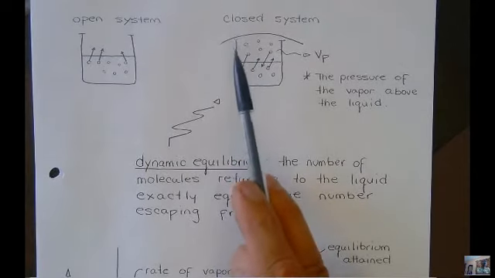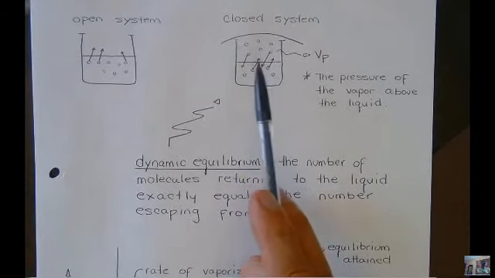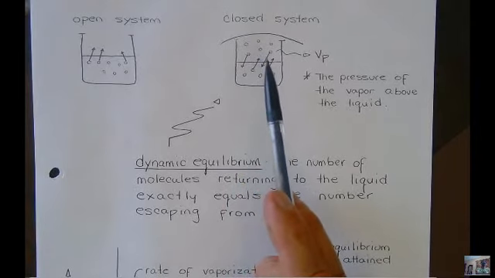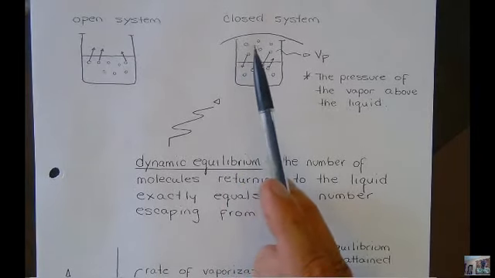In the closed system, once this air up here becomes saturated, you create a situation where the amount of evaporation is equal to the amount of condensation. So you come back a little bit later, and the same amount of liquid